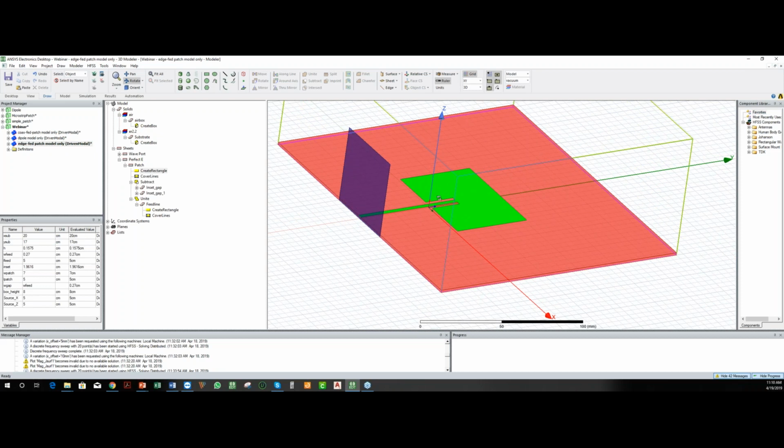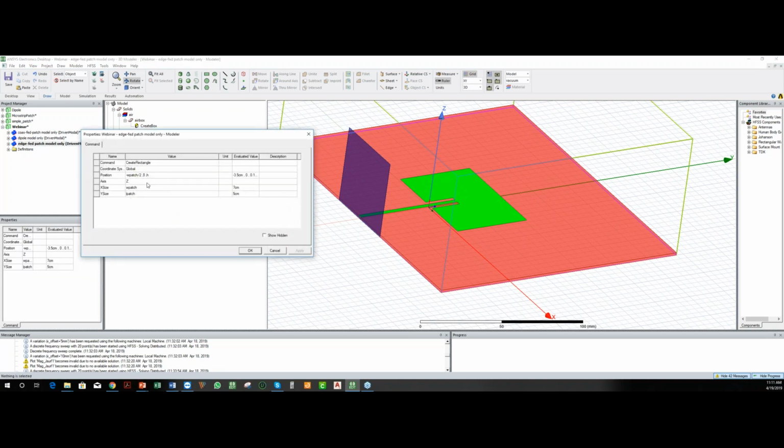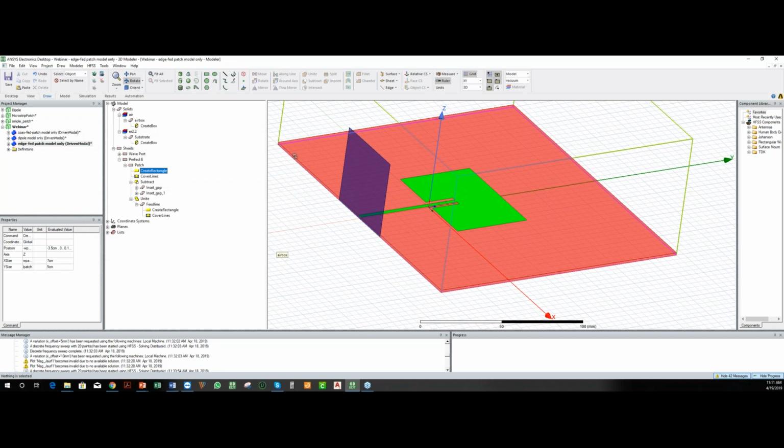In this edge-fed model, we have a microstrip line that's feeding a patch antenna. And if you look how I created the model, I have parameterized every dimension: the width of the patch, the length of the patch, the substrate height. You can see the substrate in red here. So if I want to change anything here, let's say I want to change the width of the patch to